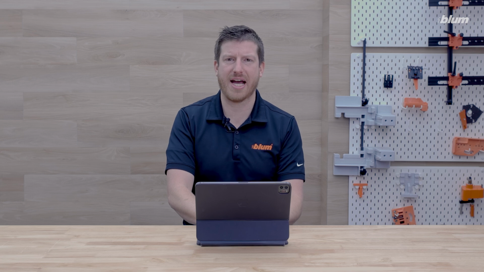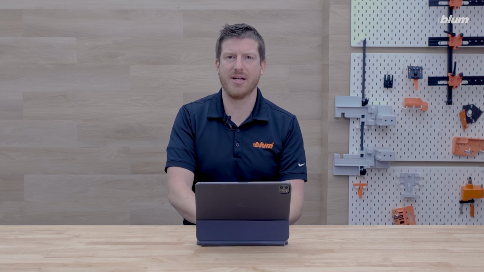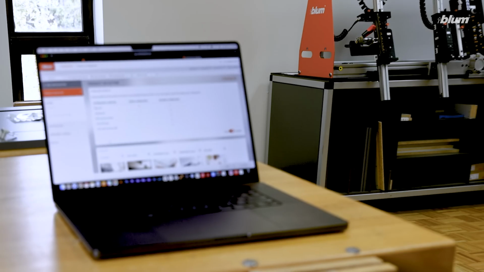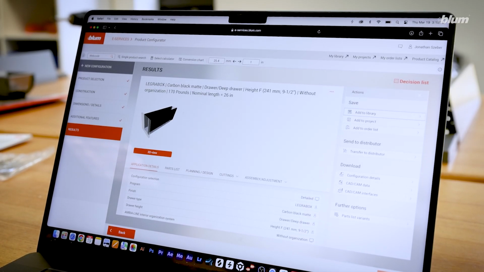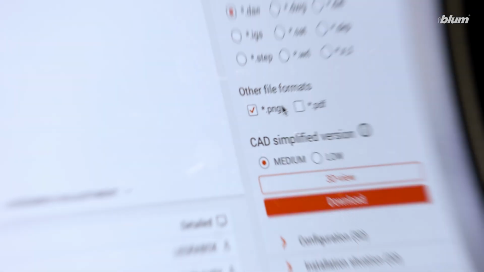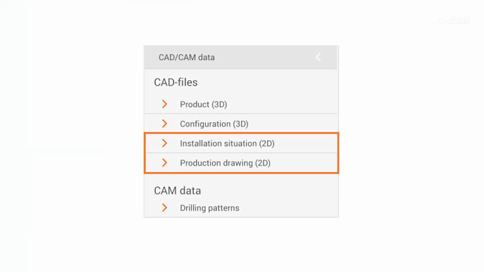heavily on CAD data to bring your designs to life. You might be wondering, what's the difference between these CAD files? Which ones do I need for my projects? The Product Configurator gives you access to essential CAD CAM files through 4 different options: 2 2D formats and 2